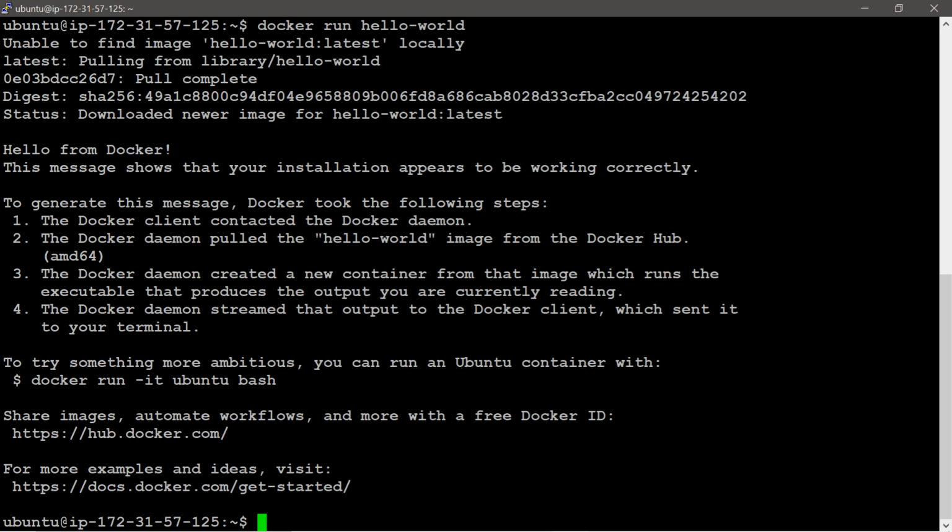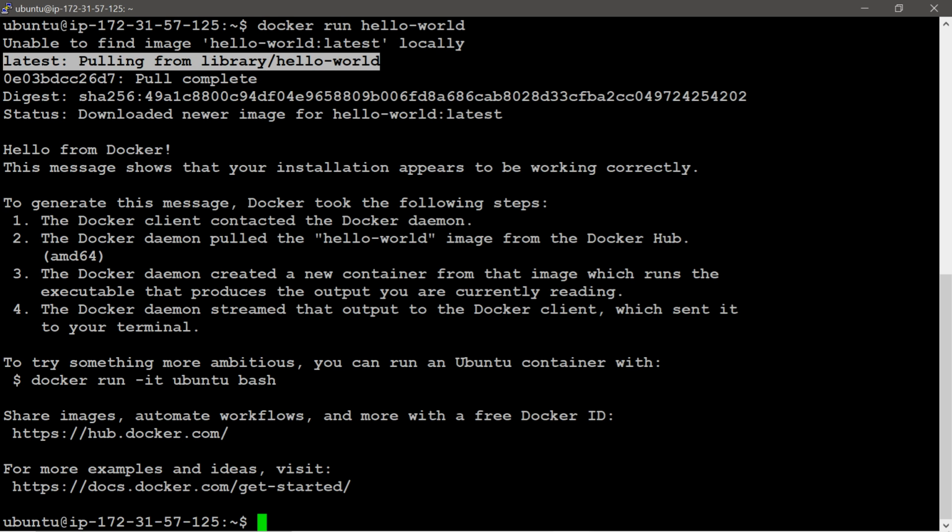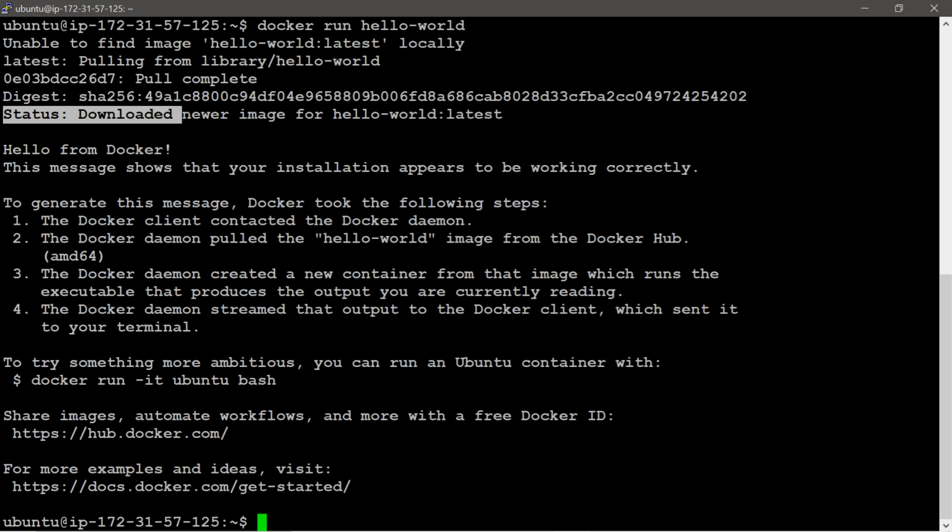Latest: pulling from library/hello-world. Library means here Docker Hub. This hello-world image is pulled from Docker Hub through the internet. Pull complete, then downloaded newer image for hello-world:latest is the status.